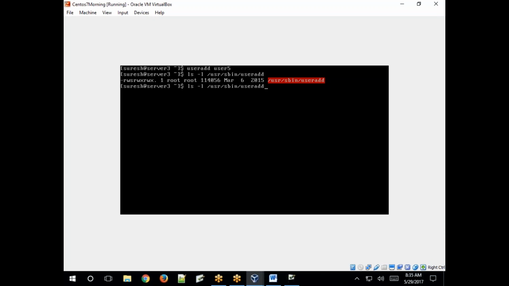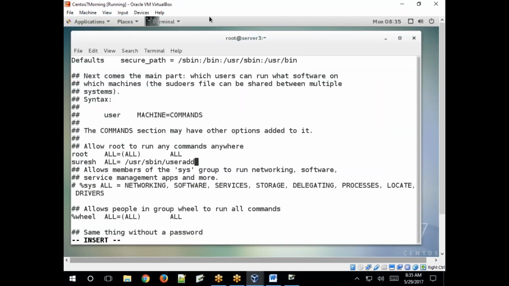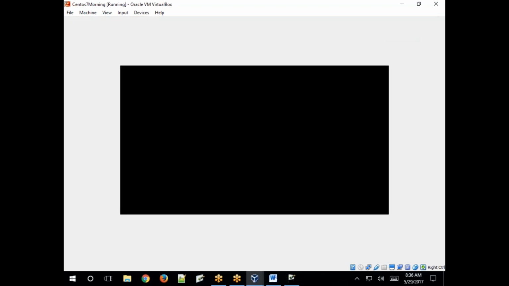What does it say? Permission denied. useradd: permission denied. Clear? Now add here the file useradd. Save and quit. Now exit and log in once again as Suresh.